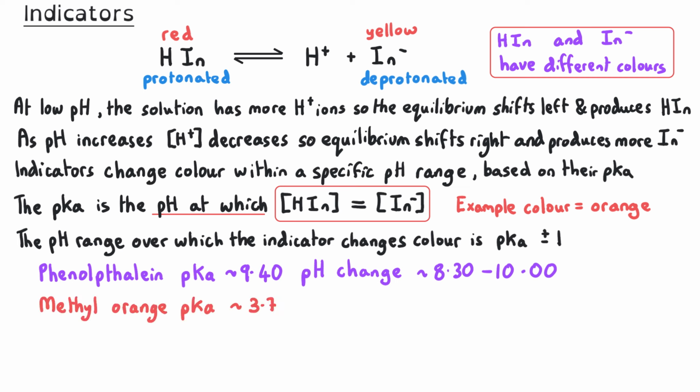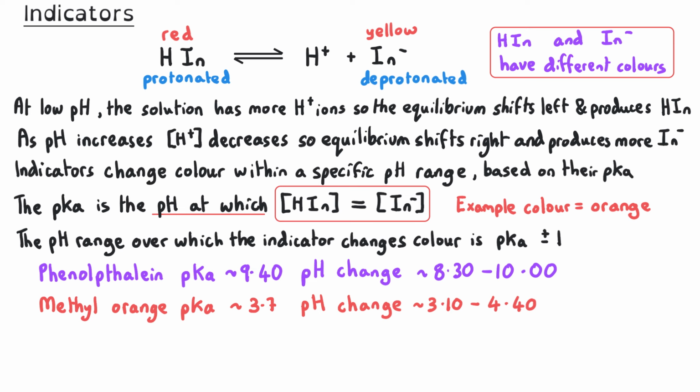Similarly, methyl orange has a pKa of 3.7, and it changes colour over a narrower range, between around 3.1 and 4.4. While the exact range depends on the indicator, the plus or minus 1 rule is a helpful guide for understanding